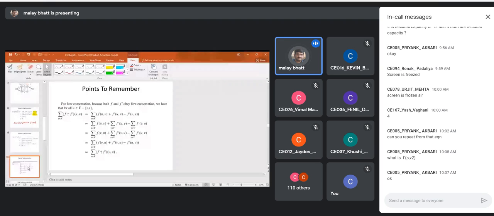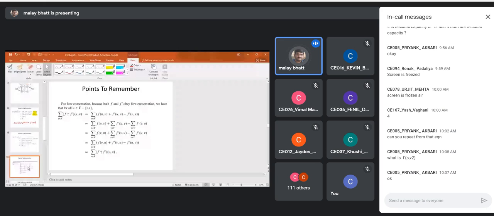If we apply this summation to each term, we get sigma v belongs to V f(u, v) plus sigma v belongs to V f dash(u, v) minus sigma v belongs to V f dash(v, u). In this term, instead of (u, v), we are writing (v, u).